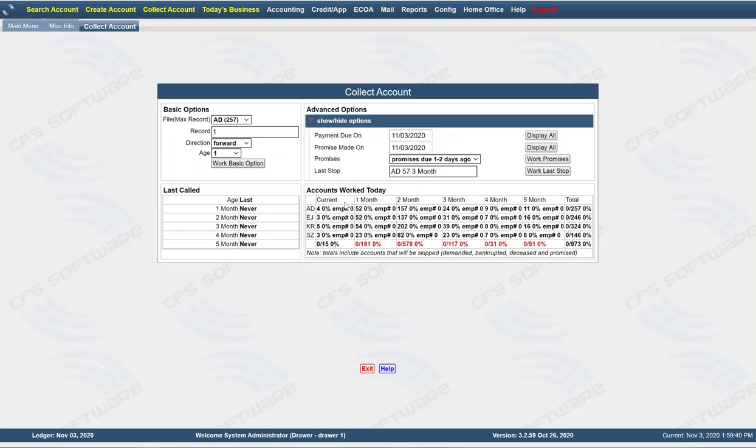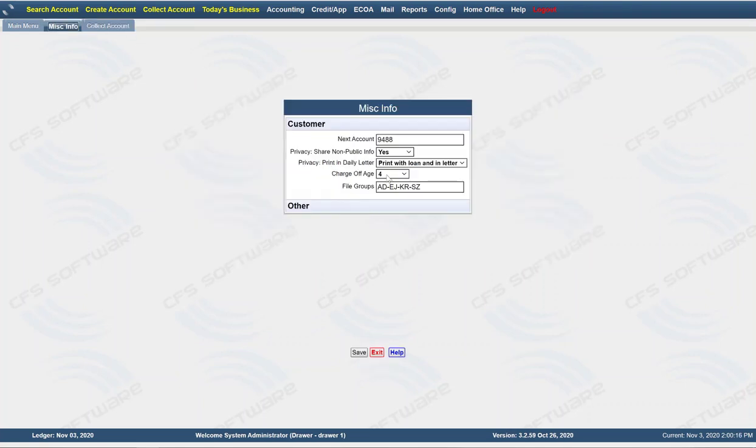Collect account shows you who is in current status, alphabetically A through D, E through J, K through R, S through Z. And there's 15 people, 1 month. So 1 day through 31 days past due, there's 181 people. And then in the 2-month, which would be, say, 32 to 60 days, 3-month, 4-month. So at the end of this month, anybody who is in the 4-month category, which is 31 people, if they still haven't made a payment,